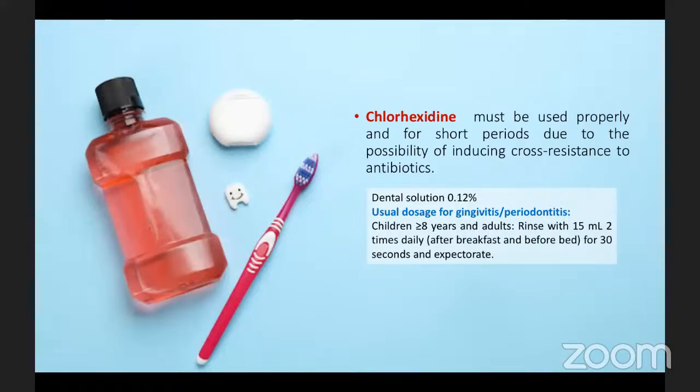Finally, chlorhexidine. Chlorhexidine is a topical antimicrobial agent used extensively by the dentist. Don't underestimate the overuse of this agent, because recent studies have shown that bacteria can acquire mechanisms of resistance. For this reason, it's important to use an effective concentration, favored by mechanical debridement of the biofilm, avoiding long periods of treatment. The dental solution for the pediatric patient is at a concentration of 0.012%, preferably alcohol-free. When we use it with kids, it is twice daily after breakfast and before bed for 30 seconds,